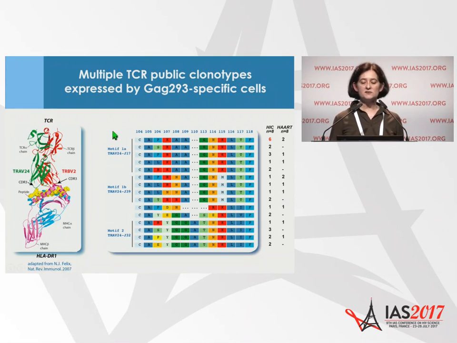We then sequenced the CDR3 region, which is the hypervariable region that makes the most contact with the peptide-MHC complex here. And what we found was that many of the CDR3 sequences, which we called clonotypes, were shared between patients. And these shared TCR sequences, called public clonotypes, were more prevalent in the controller group than in that of treated patients.